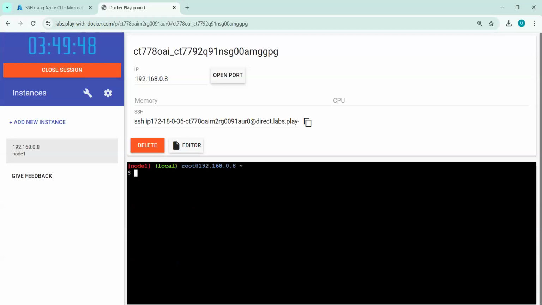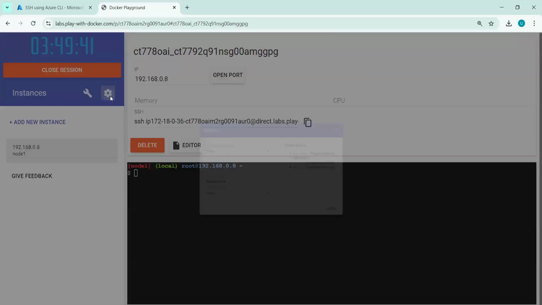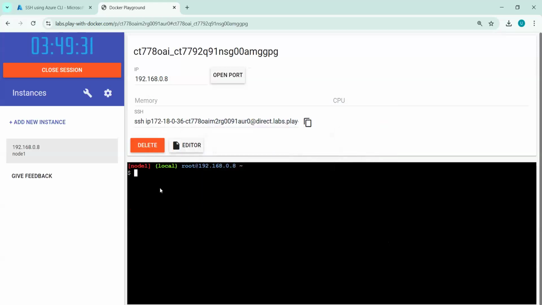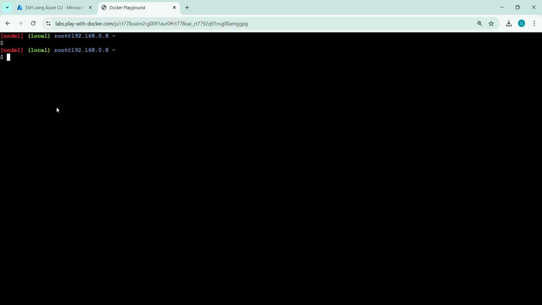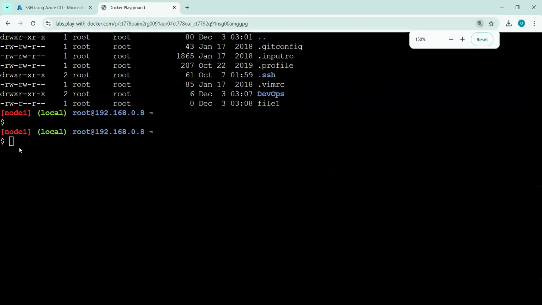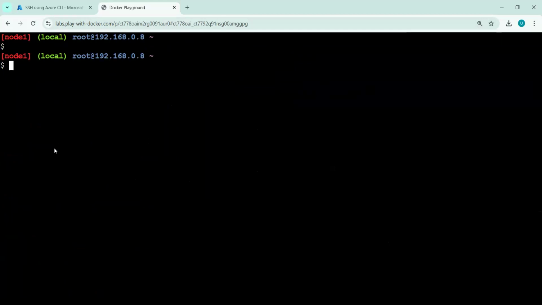So let me go back to the top screen so that everyone can see. These are shortcuts. Alt enter, we can go with full screen. So I will try full screen so that it will be easy. Okay, now you can see this, let me zoom it a little bit. Okay, I think now it is good for everyone and you can read it clearly. So Alt enter will show you the full screen.